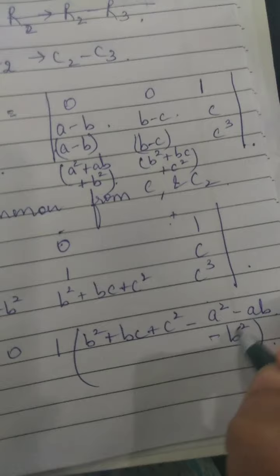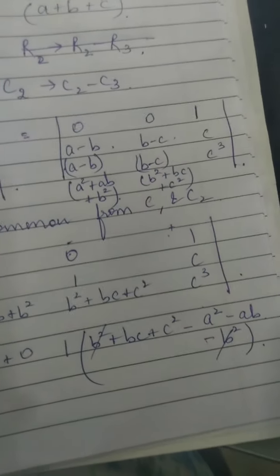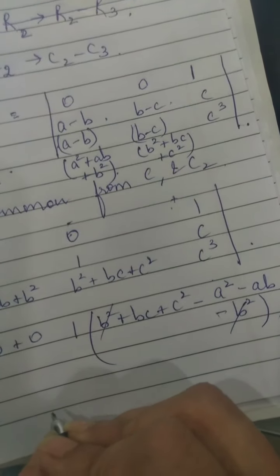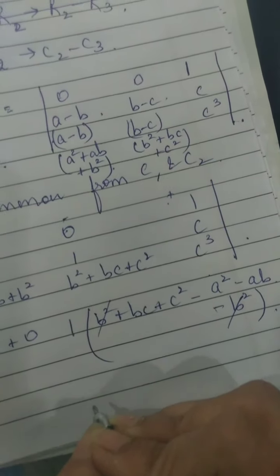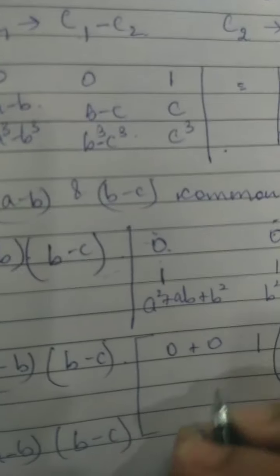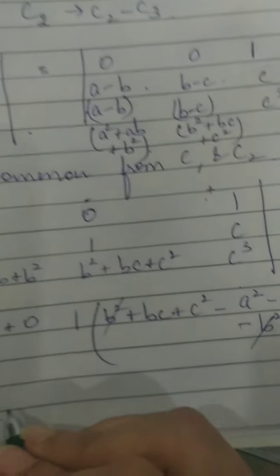Right? So B square and B square gets cancelled. So we have A minus B here, B minus C here, and within brackets I write this value as